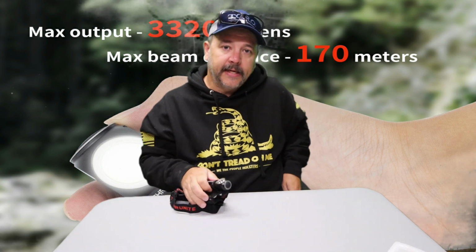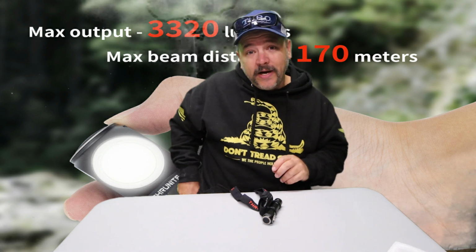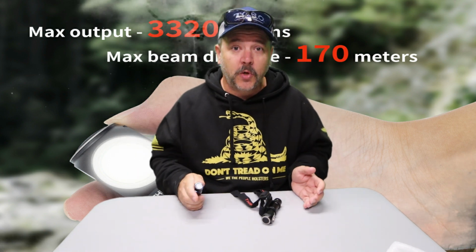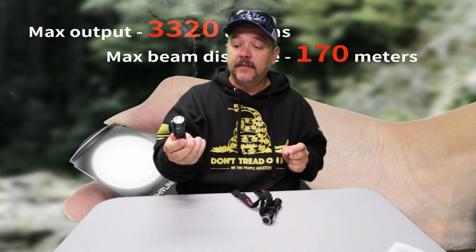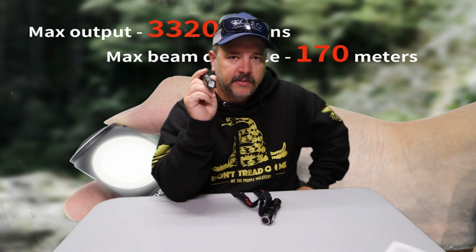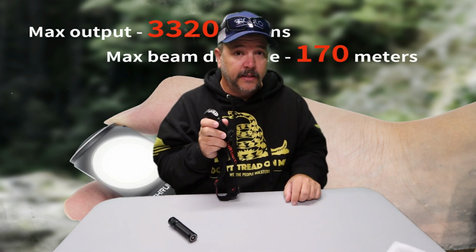Now, I will tell you, I am a fan of flashlights. I carry flashlights all the time, everywhere, every day, all the time, 24/7. Flashlights come in so handy. And let's see, this flashlight right here is an Olight S2R Baton 2. Max output on this is 1200 lumens. Max output on this is